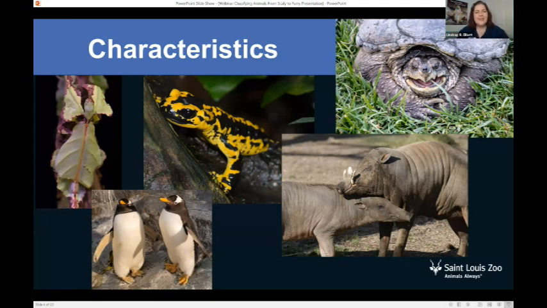All right, so classifying animals all the way from scaly to furry. Our first images that you'll see on your screen today are lots of different animals. Now, if you take a look, you'll notice that none of them are exactly the same. There are so many animals in the world. And if you notice, some might be kind of slippery and slimy and wet.